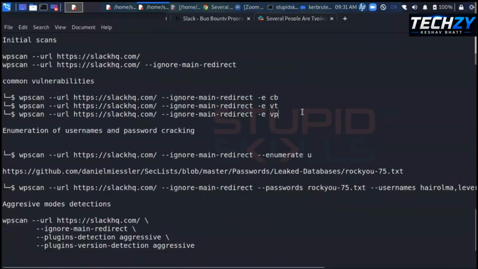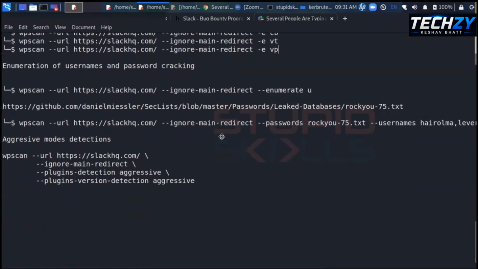Some common vulnerabilities that you can try, like configuration backups, any vulnerable themes that are installed, or any vulnerable plugins that are there. Then for enumerating the users,